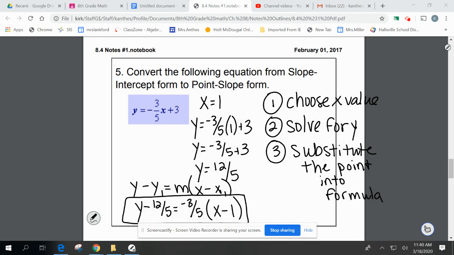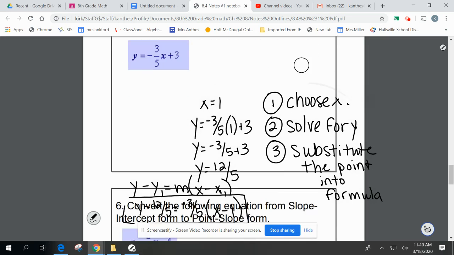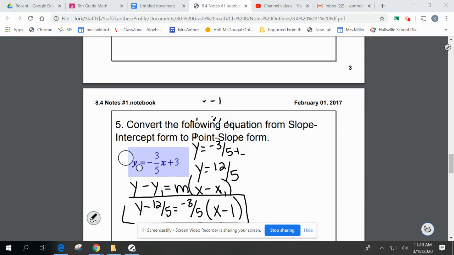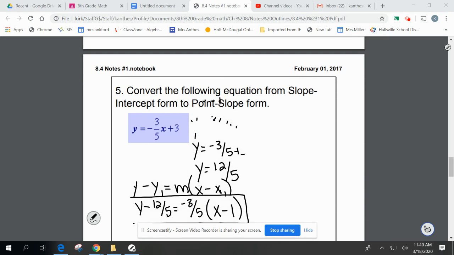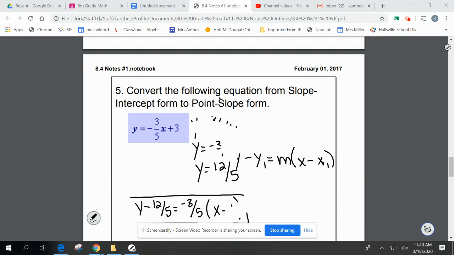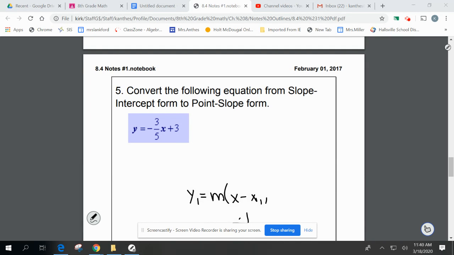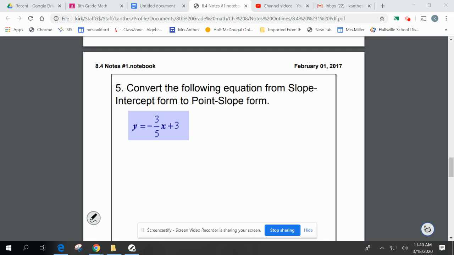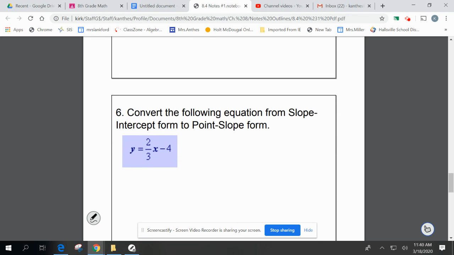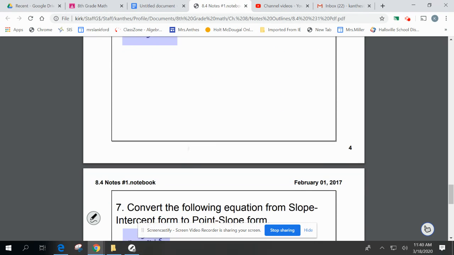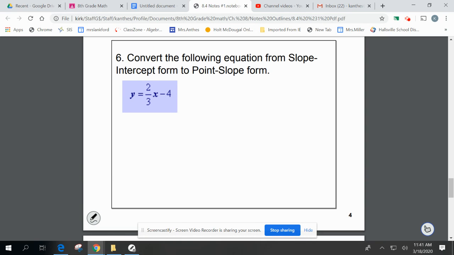So we're going to do this again on number 6. Okay, so on number 6, I'm going to start doing the same thing. I'm going to pick a point, plug it in. So let's say I